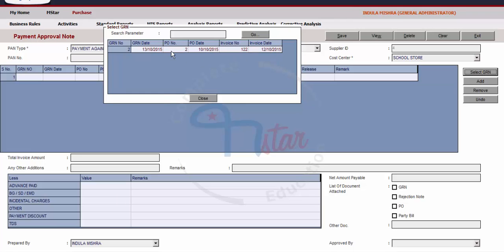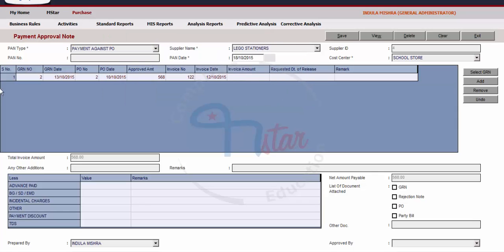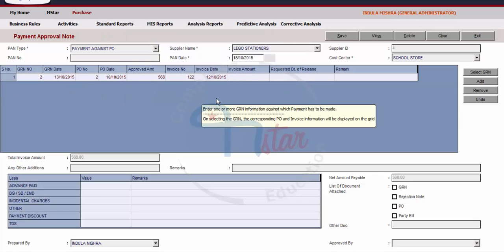Click on the row of the GRN and the details are displayed in the main screen. The grid is now showing us the serial number, the GRN number, GRN date, PO number and PO date from the GRN, approved amount from the GRN, invoice number and invoice date.